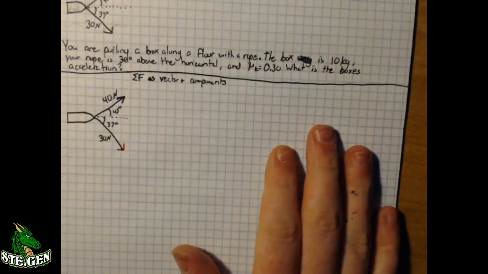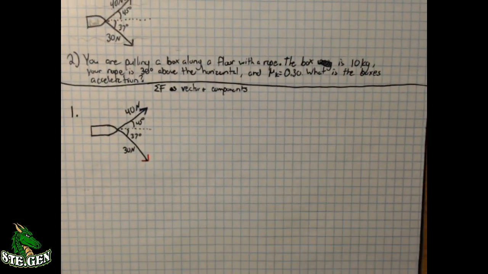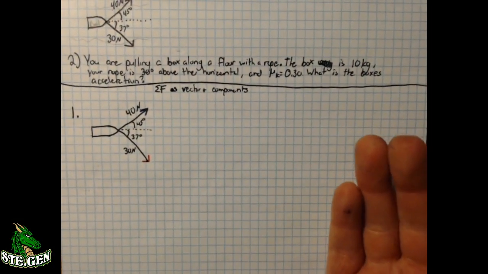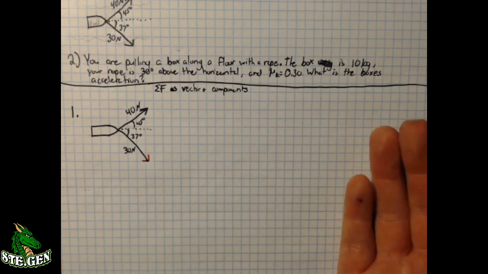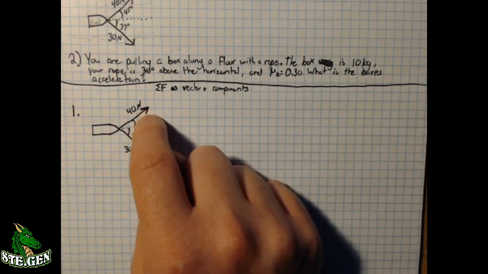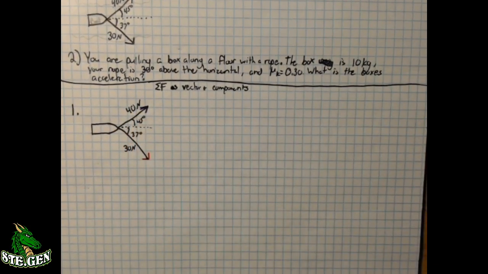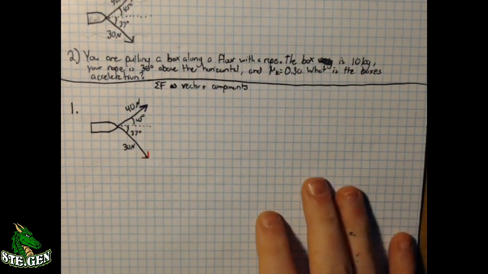And what we probably are going to want to do here is something really similar to what we did in the last chapter, which is we're just doing vector addition here. We want to split this into its components, and once we have these into their components, we can add all the pieces together. So starting with